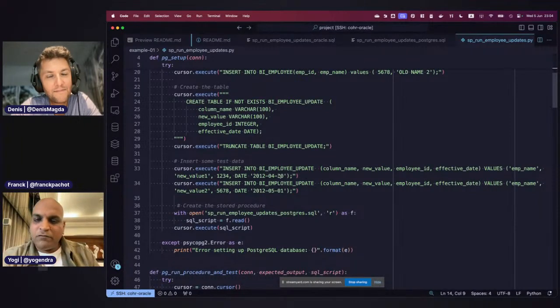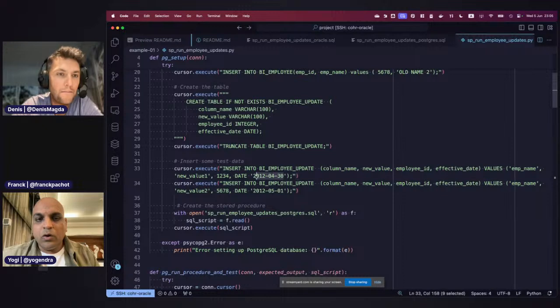The stored procedure is for updating employee information based on effective date. So for example, over here we want to update the employee name for employee 1234 only on or after this particular date, and the value should be new value 1.